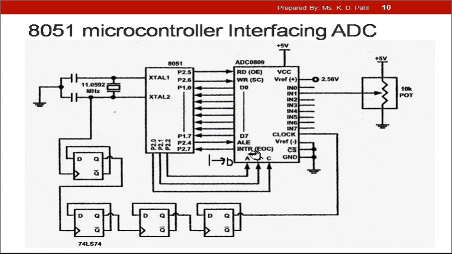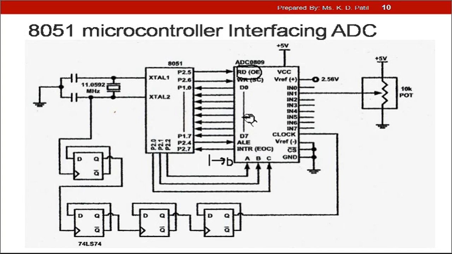And after that it will indicate to the 8051 microcontroller that conversion is over and data is ready to pick up. After conversion is over, this output enable pin will be activated by sending a low to high signal on this pin, and this pin will enable the data which is stored in the internal registers of ADC 0808.